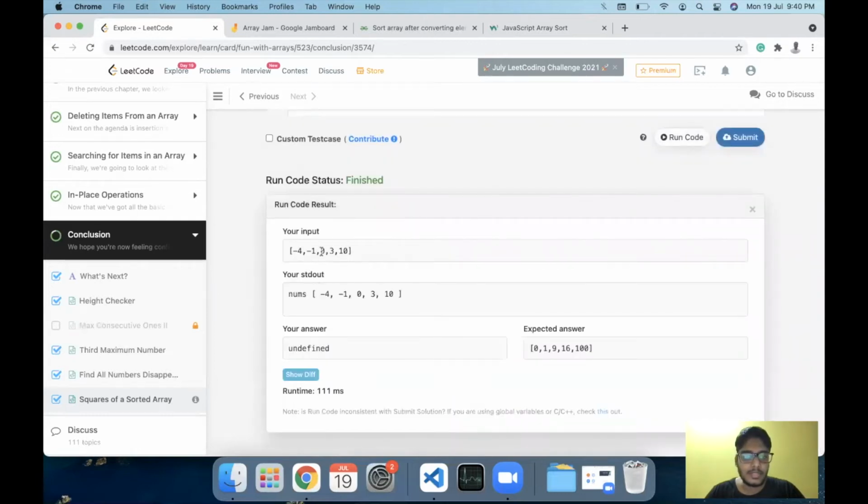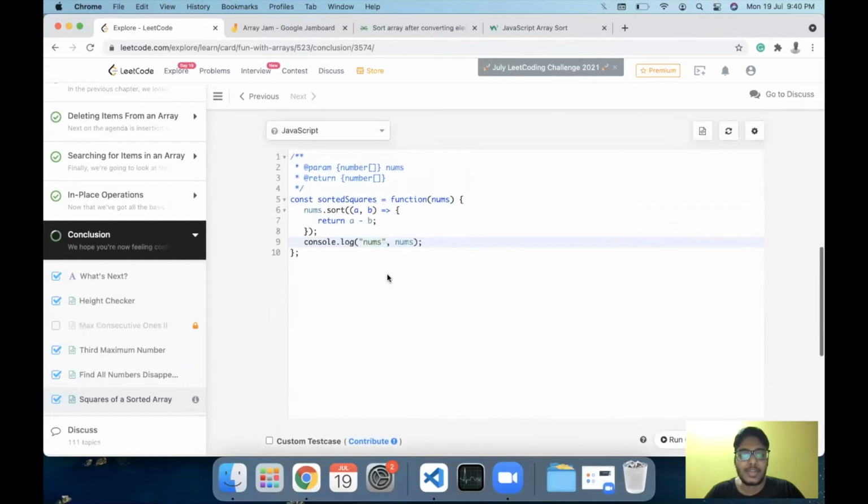Let's run the code. So this is the array which we have, and okay, these numbers are already in sorted order. So what we can do is first square the elements and then run the sort function.